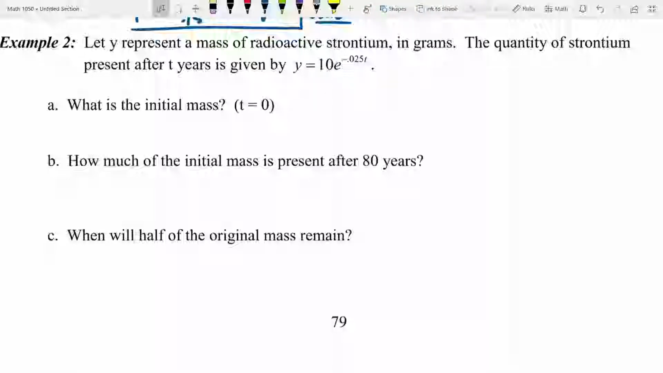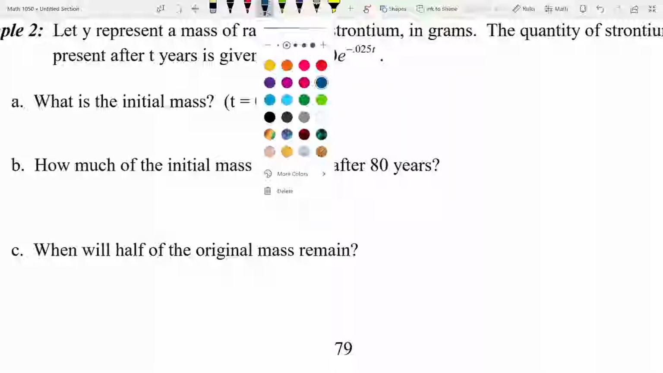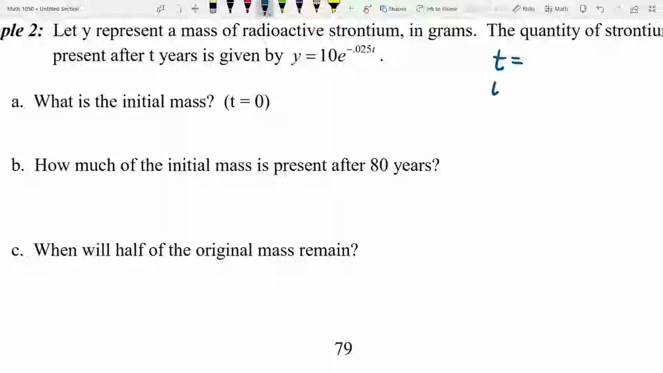Let Y represent a mass of radioactive strontium in grams. The quantity of strontium present after T years is given by this equation. Everybody stop. I want you to write T equals, and I want you to write Y equals. Would I ever take points off if you did not do that? No,